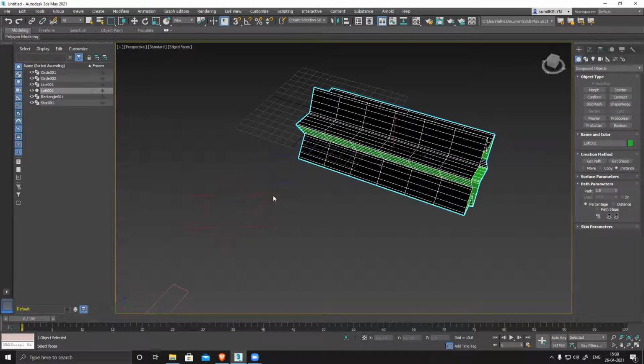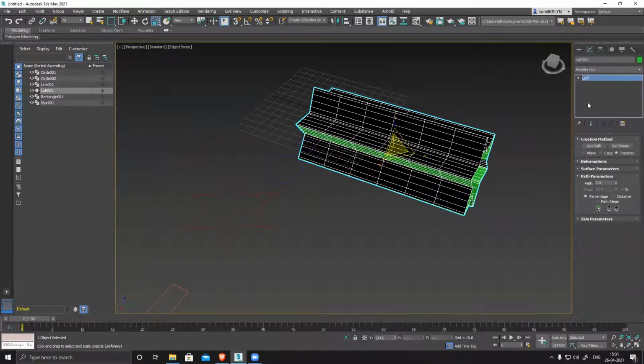If I go to the modifier panel, I can see my surface parameters and my deformation, all of which I'll do later. But first, the path, where it's supposed to generate from. Zero means its origin point, it's generating from zero.